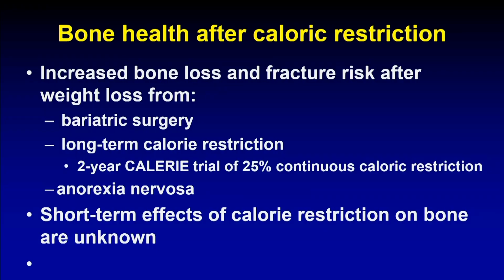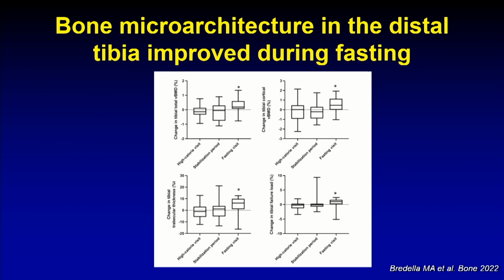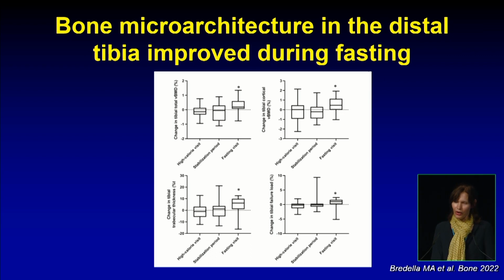And there are also studies that have shown that after long-term caloric restriction, for example, the CALERIE study, a 2-year study where they had 25% continuous caloric restriction, they all showed that there was a marked decrease in bone mineral density, and also, of course, in anorexia nervosa. But no one knows really what are the short-term effects of caloric restriction in bone, and not just bone mineral density, but bone microarchitecture. So I'm really excited to show these findings because we found, contrary to our hypothesis, that